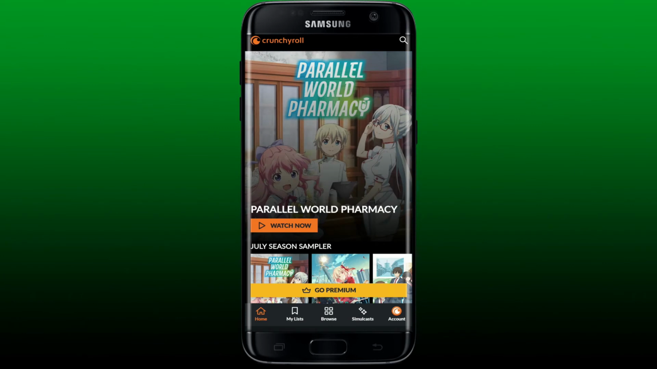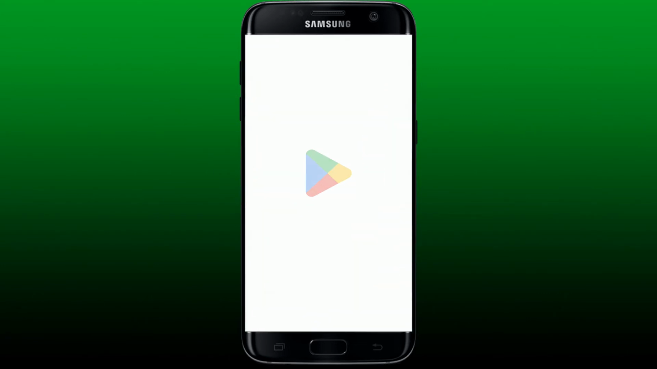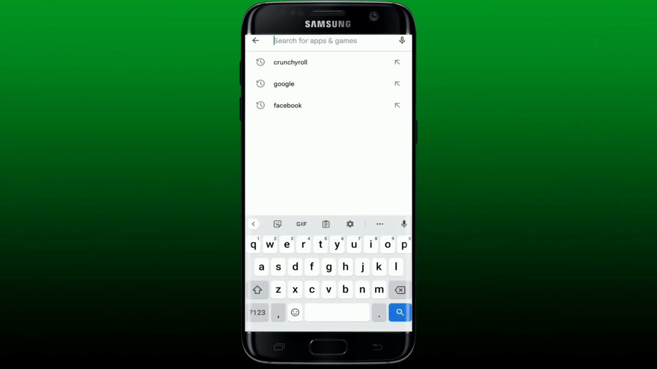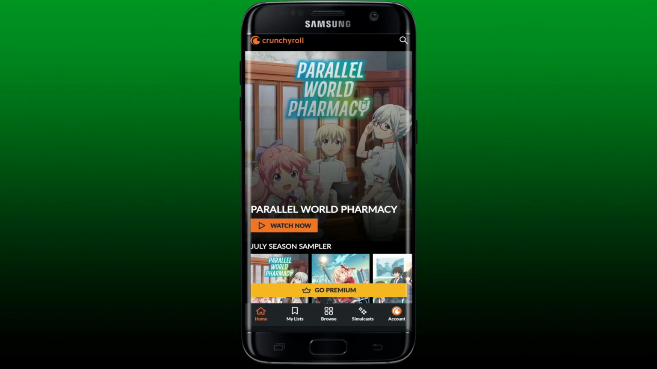If it still does not work, the next thing you can do is to check for available updates for your Crunchyroll app. Open Play Store and go to the search box at the top and type in Crunchyroll. Once you perform your search, if you see an update button popping up right next to Crunchyroll, that means you've got to download the application's latest version. Simply tap on update,